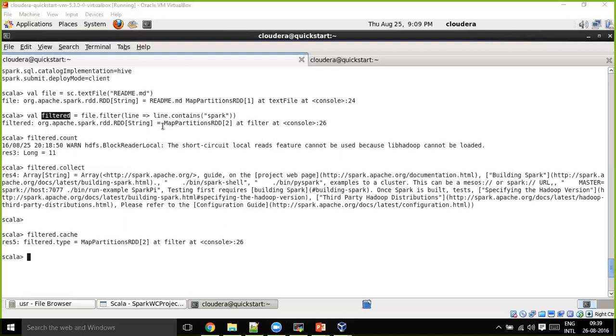Shiva, can we combine two RDDs? Well, you can union them and create another RDD. Yeah, because when I have two different results, if I have to manipulate by combining those, I can do that, right? Yep. Okay, thank you.